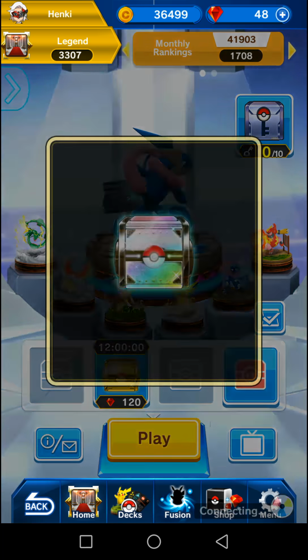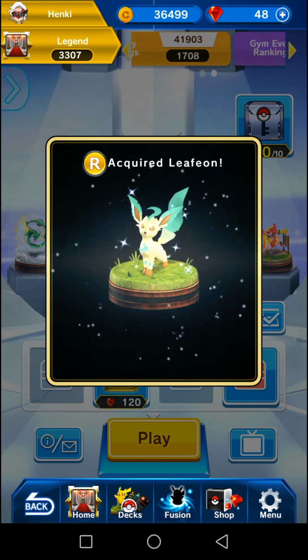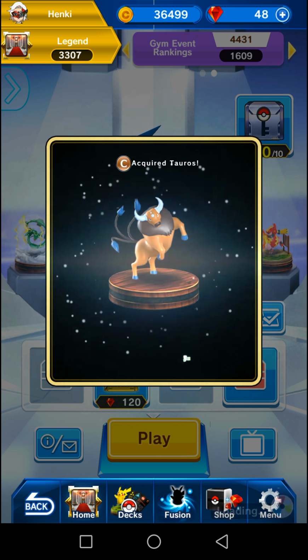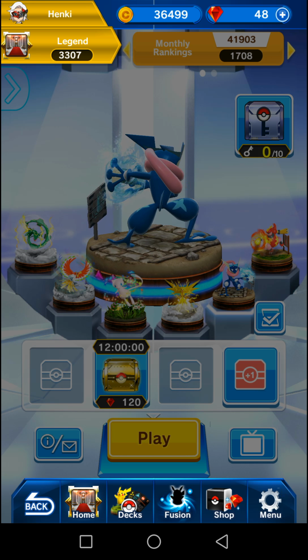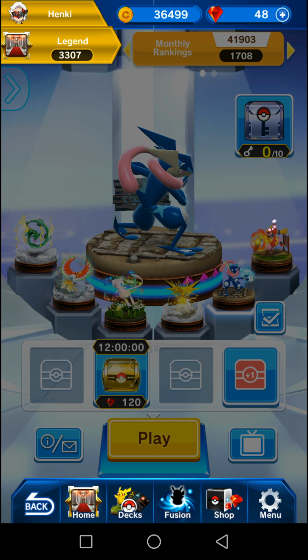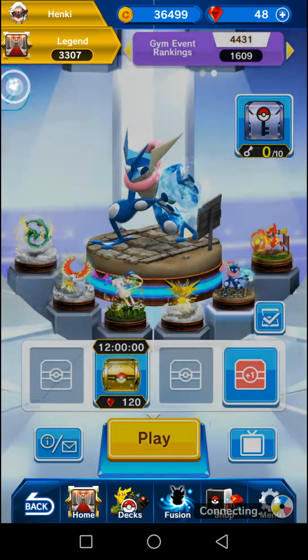I do have a rainbow booster right now, so let's just pop that straight out to see what kind of shenanigans rare we're gonna get. A Leafeon, Totodile, Tauros, Ingot Common, and Cube Common. Nothing interesting there, that's totally fine though, because we don't really care about that because we're gonna go, once it